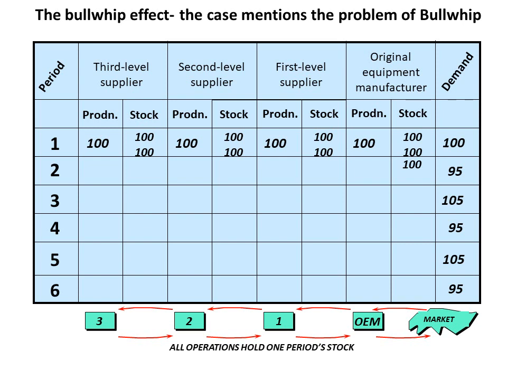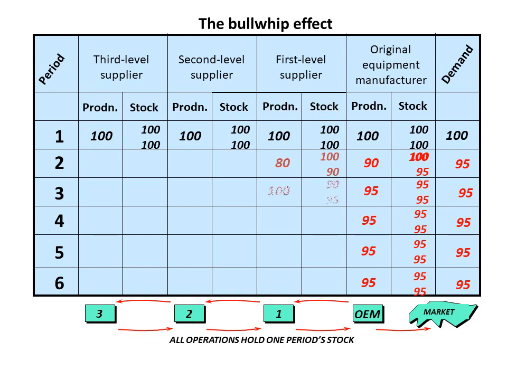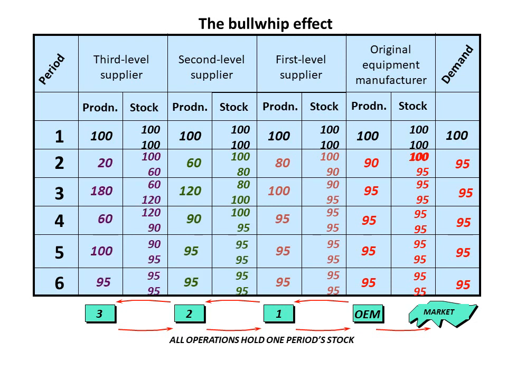This slide is illustrating the bullwhip effect, which means if the end demand is 100 and then the demand changes to 95, it maps back through the supply chain. So the end customer reduces their demand from 100 to 95, but the net effect, if you follow what happens, is the third level supplier's orders go from 100 to 20 to 180 to 60. You can see it amplifies